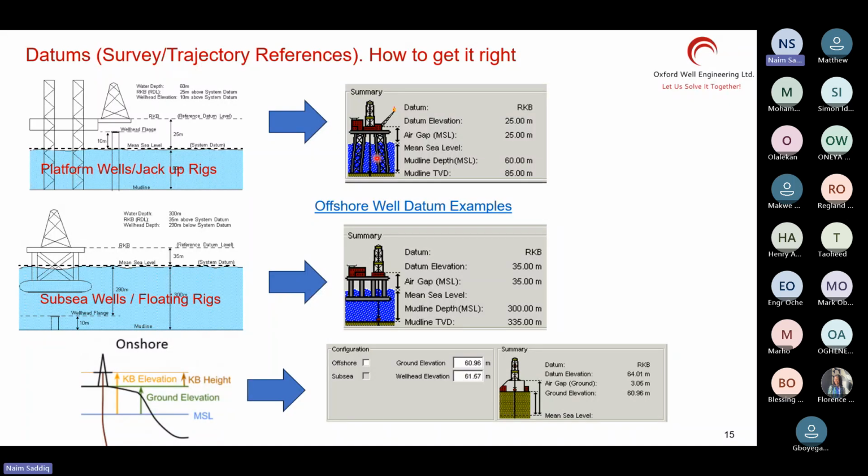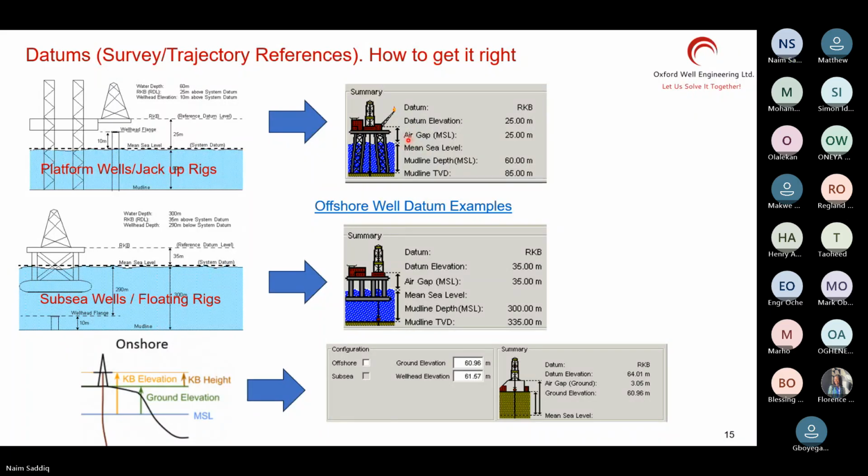You can actually leave the air gap at 0 and make sure you have MSL as some reference point. You don't need to have air gaps. You can design the well from the mud line. You can design the well from mean sea level if you don't have the rig, because the rig actually changes